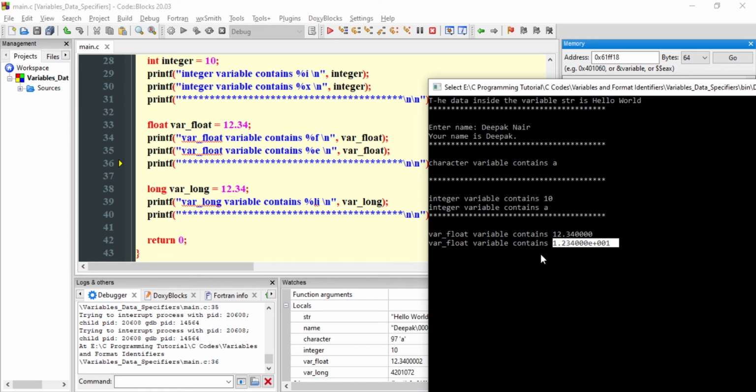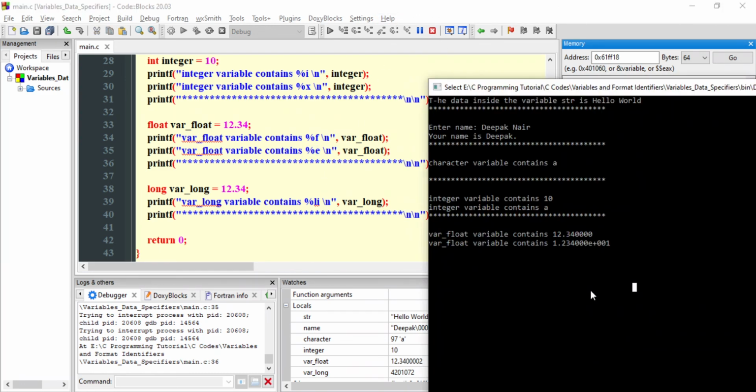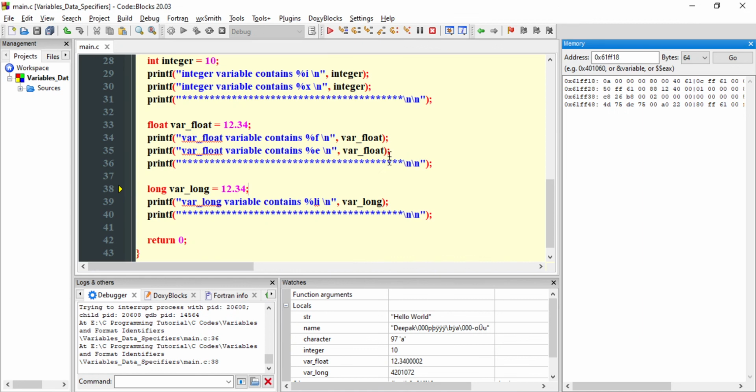So the same number, the data type is, although it is float, but we can change the representation by changing it to %e. So go to next line.